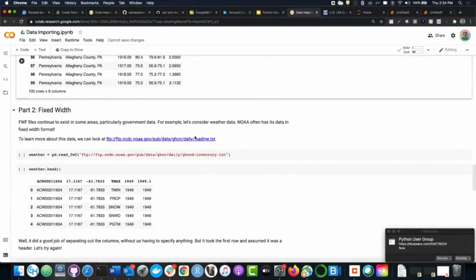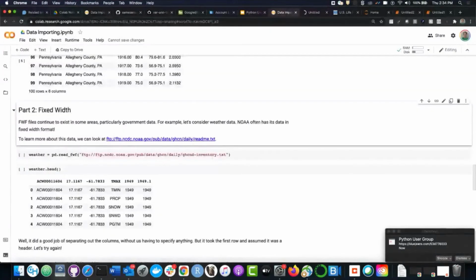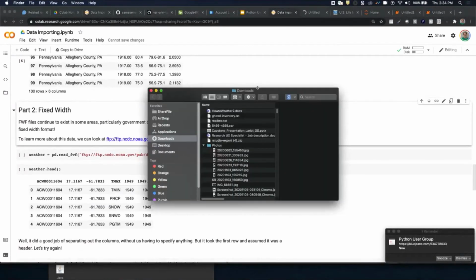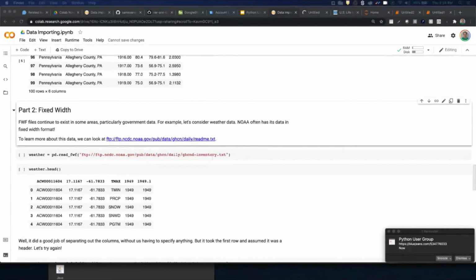So in this case, I just pulled some information from NOAA, and this is the description. I think it's going to download it actually because it's an FTP. I think I might have this already, actually.